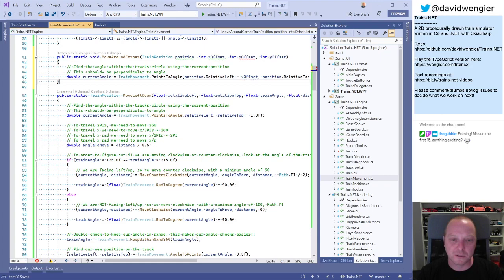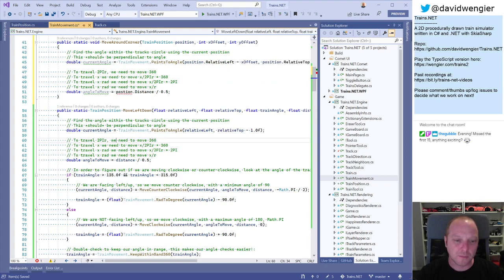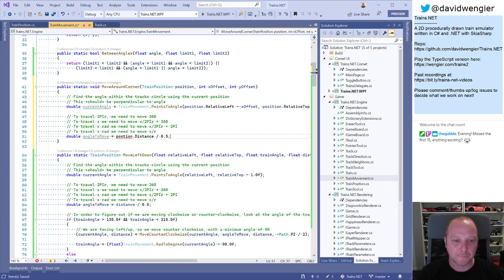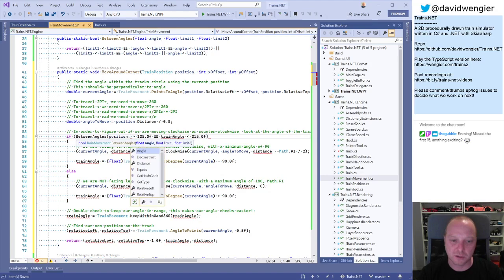Okay, so it's never used. Yes, come on, catch up. So is X offset. I have two X offsets. How did I do that? Okay, so we have our X offset. So the next thing we do is our angle to move, which is our distance by 1/2. So this is position.distance. Okay. I'm just going to copy all of this. So, angle. I'm assuming this is where the between angles, train angle, that's position dot angle,